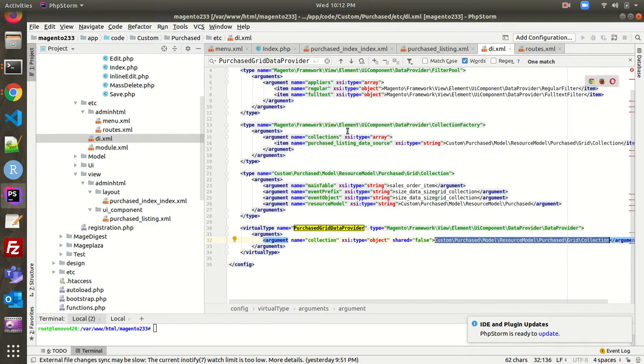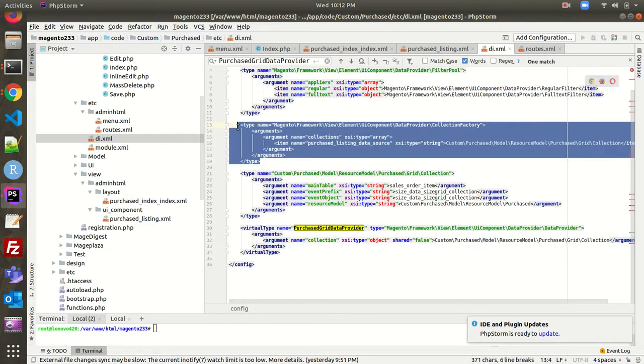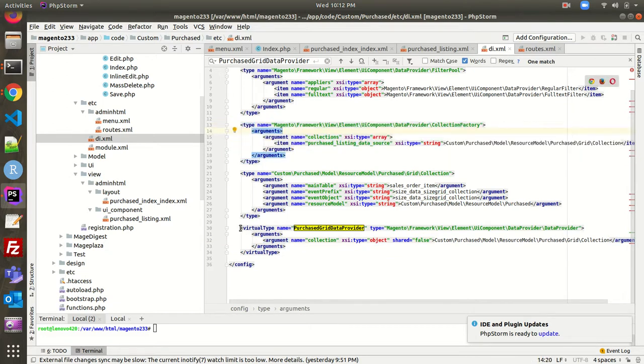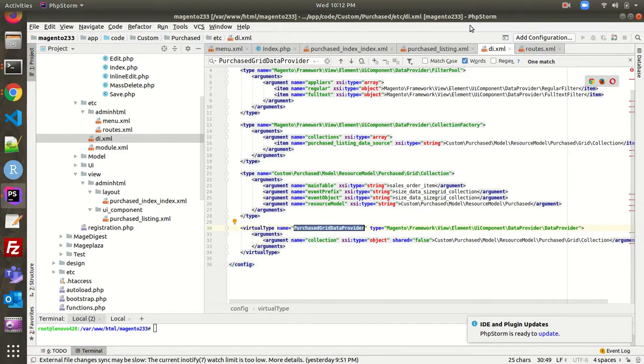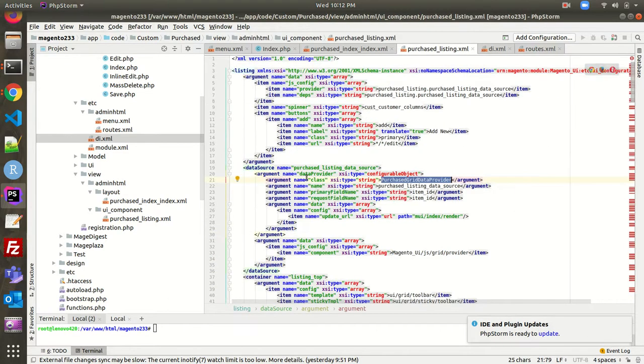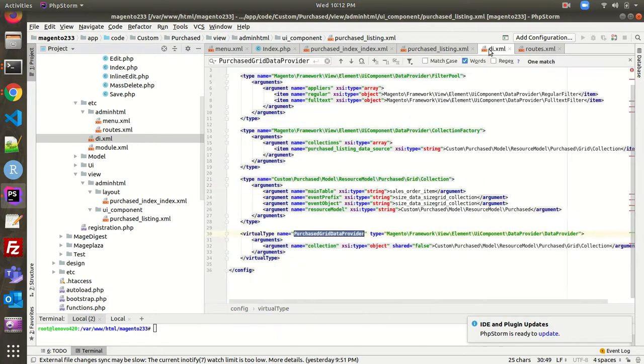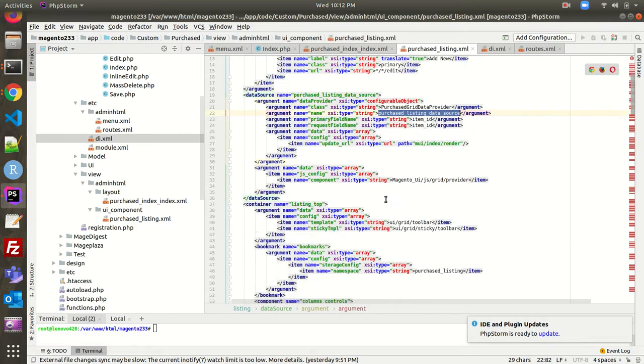Okay, so first we came to know about this part, that is the collection factory. Now we are done with this virtual type as well. Okay, now this is the data provider, and what else is there? So it is the same name that is being used over there. Okay, now if I scroll down,